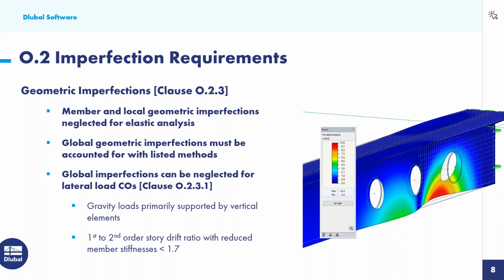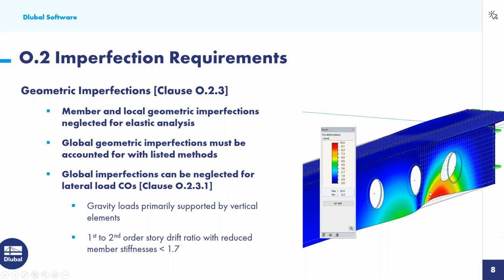The code says that member and local geometric imperfections actually can be completely neglected for an elastic analysis. And what exactly is a local geometric imperfection? Well, I've put a nice picture here of what that might mean. Here is where we would actually deform the FE mesh along the member length to account for these uncertainties, these local geometric imperfections, maybe from manufacturing, for example. But the code tells us that we don't need to consider this, which is helpful because it can be